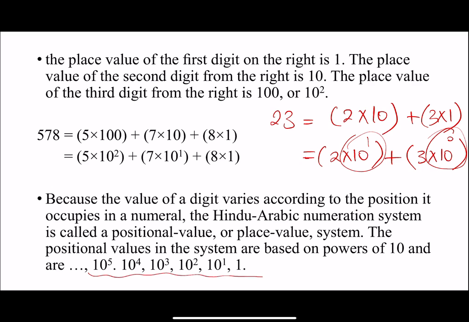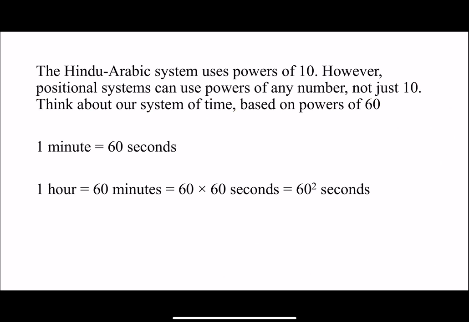These powers of 10, we call them place values. For base 10 or Hindu Arabic, the place values are powers of 10. So we start from 1, then 10 to the power of 1, 10 to the power of 2, 10 to the power of 3, and so on. These are the place values. Here we go. So in Hindu Arabic we use these